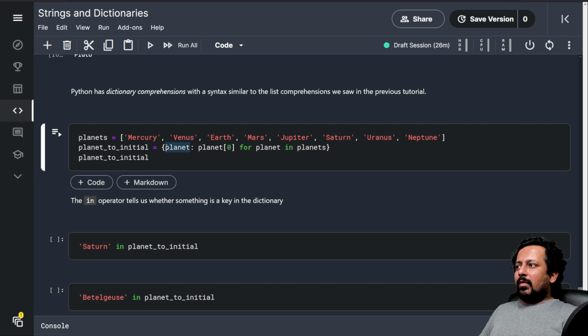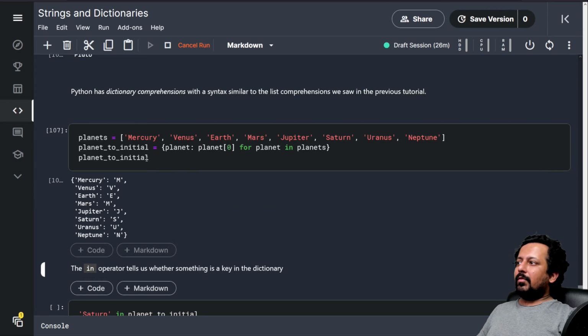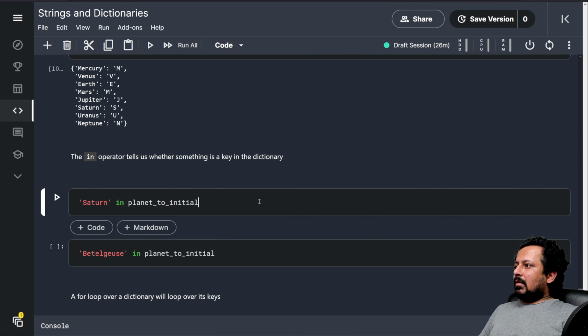For each planet, the key is the planet and the value is the first character of the planet. So now you have created a dictionary, planet to initial. Mercury is represented by M, Venus is represented by V, and so on.